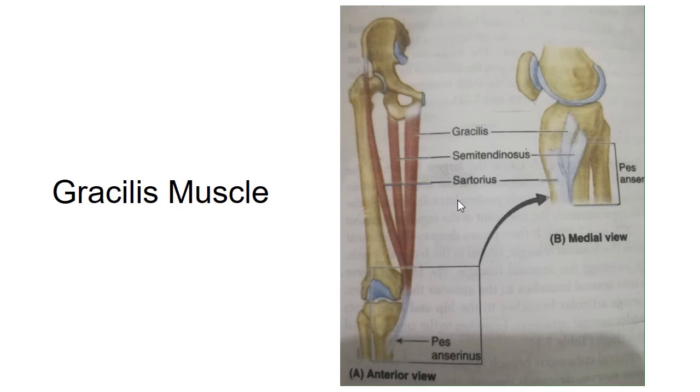Talking about action of the gracilis muscle, main action is adduction of the thigh. As this muscle is a two joint muscle, which means it crosses the hip joint as well as the knee joint, it is capable of flexing the leg and helps in rotating the leg medially when the knee is flexed. It acts with other two pes anserinus muscles to add stability to the medial aspect of the extended knee.